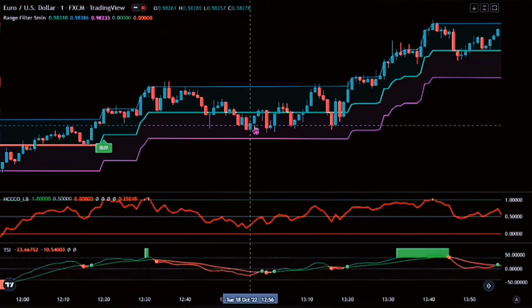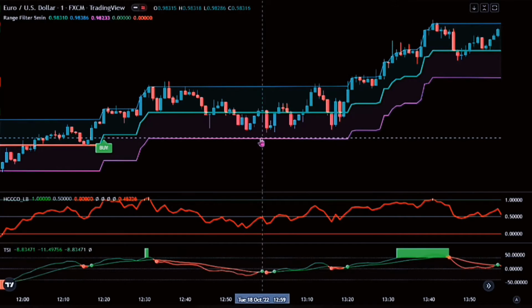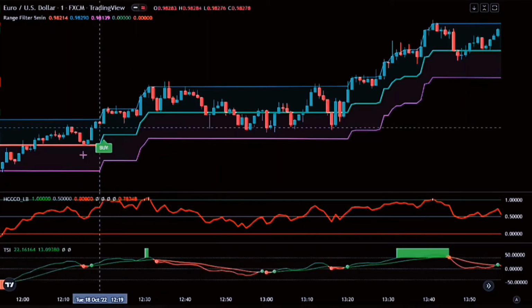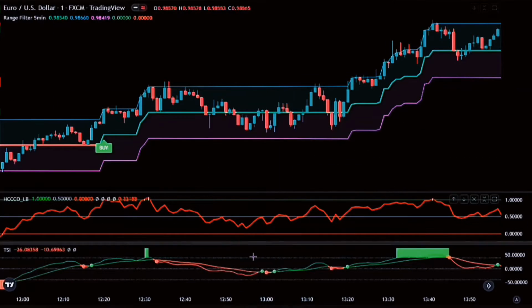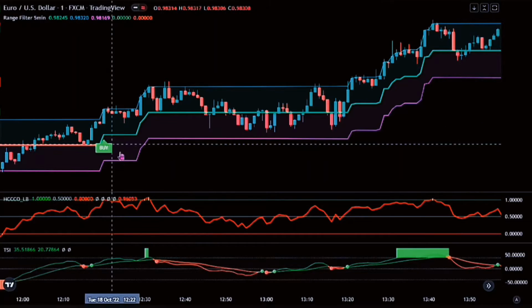But if we have the candlestick below the range filter or touching the moving average, then we would use the low target line as our stop loss levels. Also note that we only take trade once per range filter signal. So we see we met our conditions here, as we have the range filter give our buy signal, then we